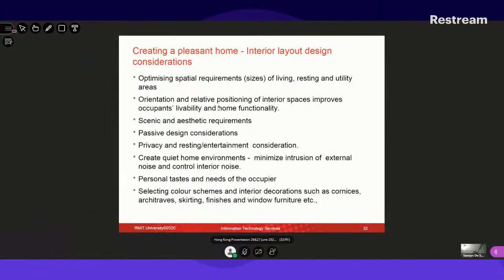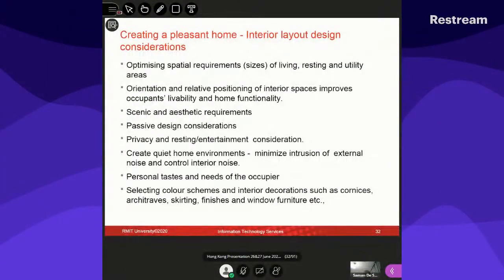What do we do? What we call the interior layout design. We normally also call it an interior topology, where the relative positioning of your bedrooms to living rooms and the kitchen and the toilet areas and showers and all that. One of the things, obviously, guys,